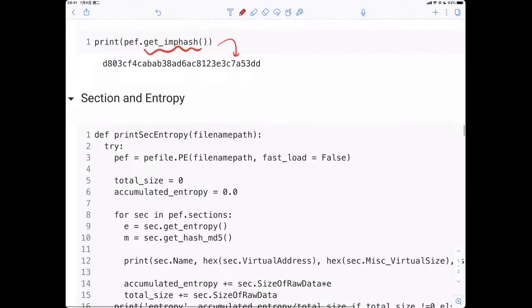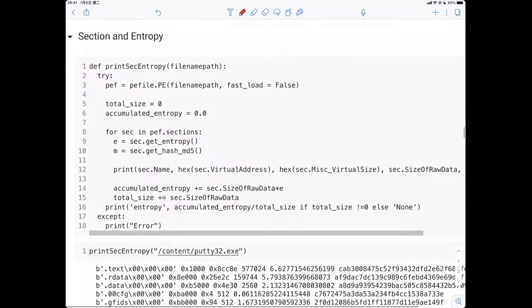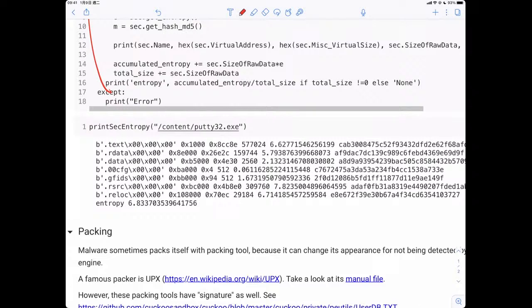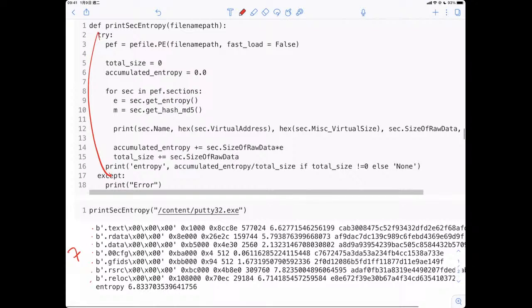And then the next one is sections. As we mentioned before, there are different sections which include different information. I'm afraid you have to take a look at this code by yourself. That means I would like to print them. There are 1, 2, 3, 4, 5, 6, 7 sections included in this PE file, and I can use the above code to print these sections. The name of each section is written here.